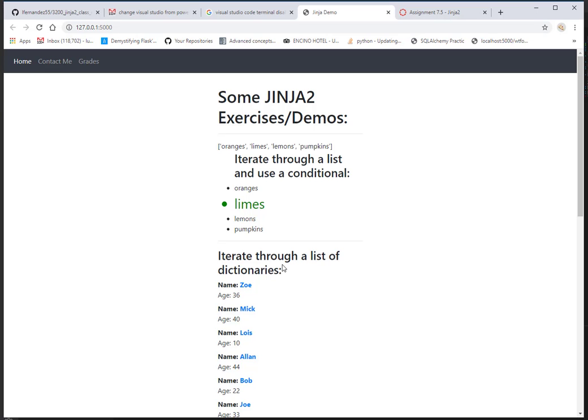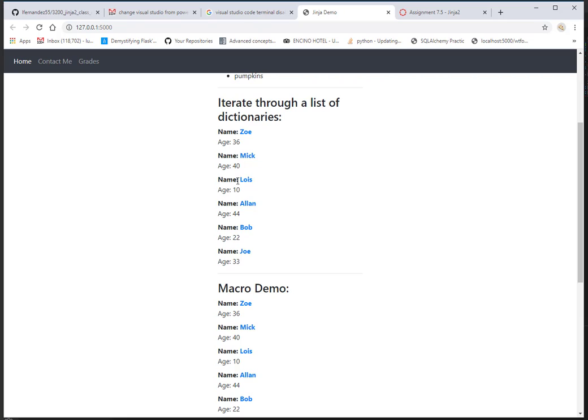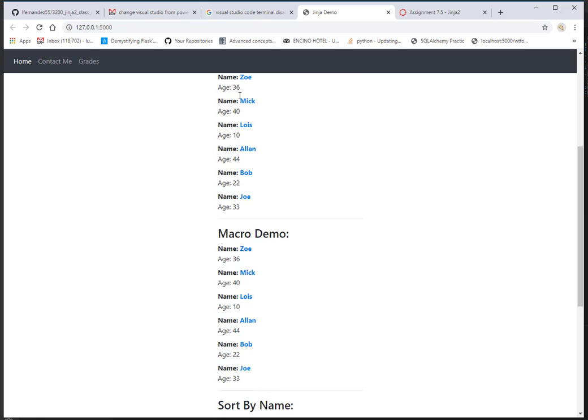So here we're iterating through a dictionary, and I'm just outputting the name and age of each of the dictionaries in the list. Now here again, I've done exactly the same thing in this next piece of code. Notice it's outputting the same list, again, right here in this code. But if we look at the template,